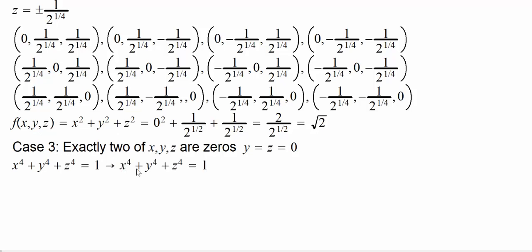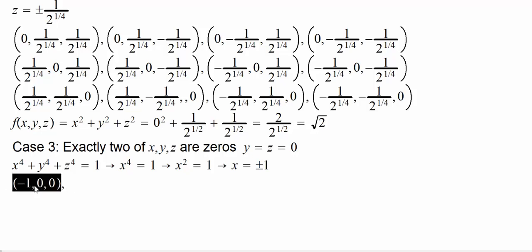So x square is 1, and then x is plus or minus 1. So which points do we get? Negative 1, 0, 0,